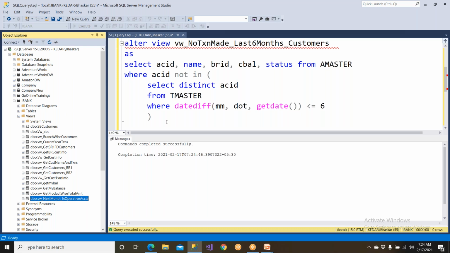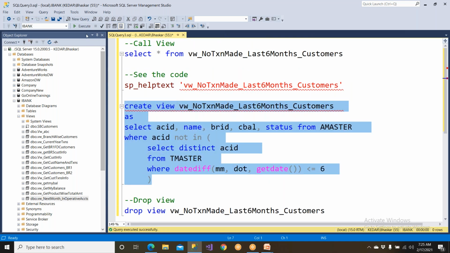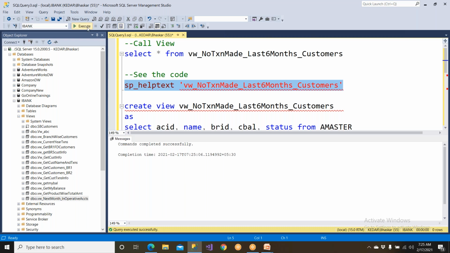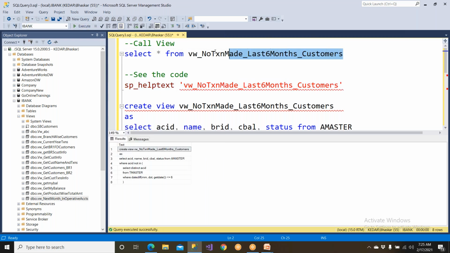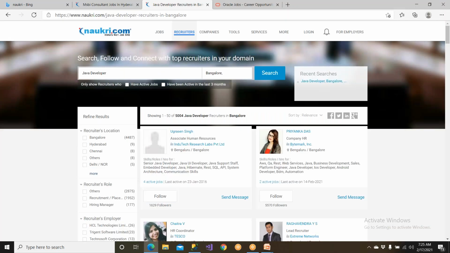So if you want to create a view, you must always use create. Once you create it, you should be able to see the code of the view with sp_helptext. If you want to call the view, this is how you call it. The calling is done in the front end queries, right? So if the bank manager wants to know which customers' accounts have already become inoperative,